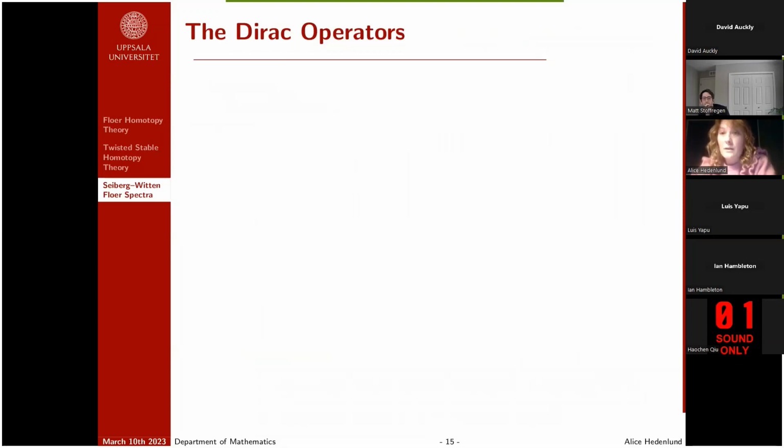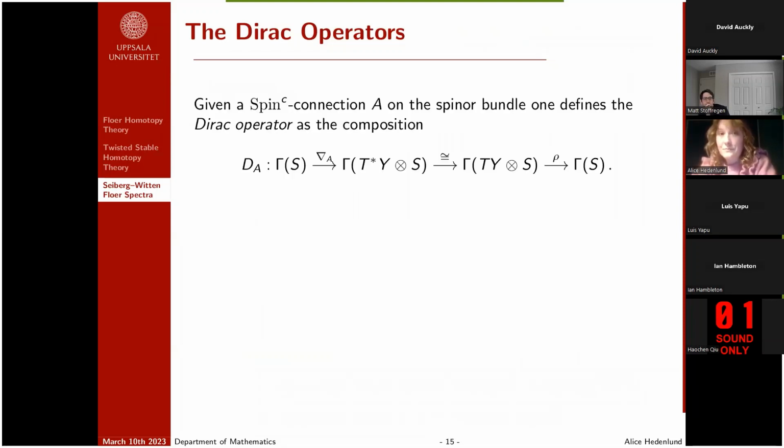Okay, so the twist is going to come from these Dirac operators. So if you're given a spin C connection, A, let's say, on the spinor bundle, one can define these Dirac operators, which depend on A. So this is a map from sections of the spinor bundle to itself. So you take your connection A, the covariant derivative, sends that, so you have a map from sections of the spinor bundles